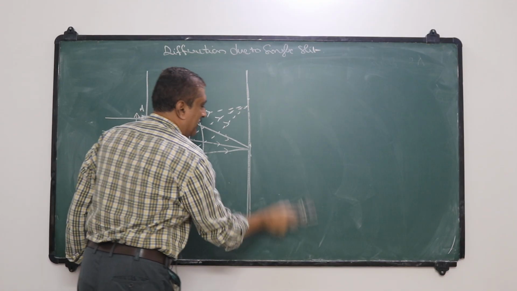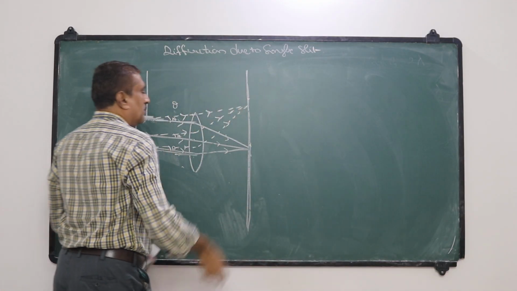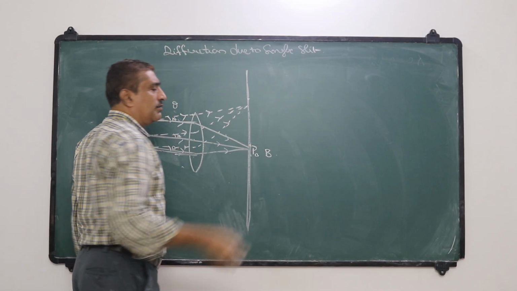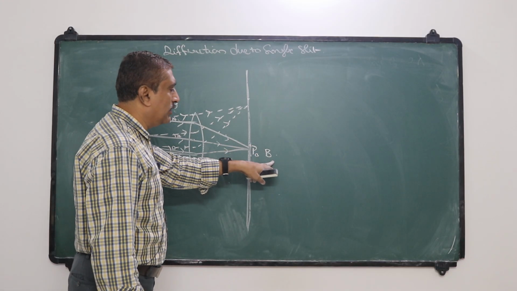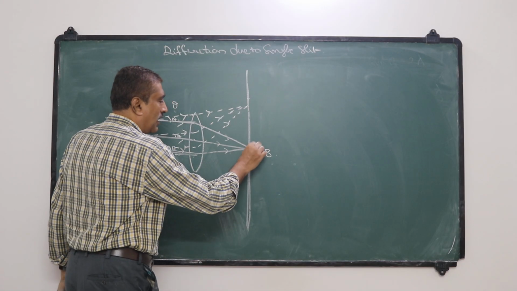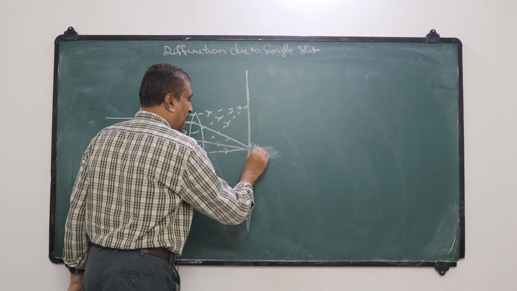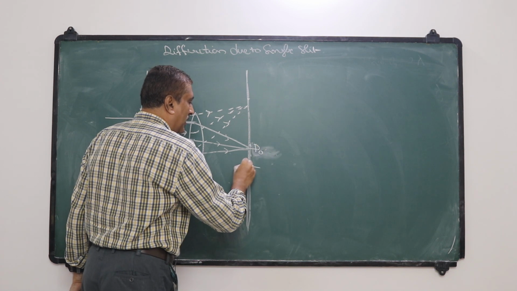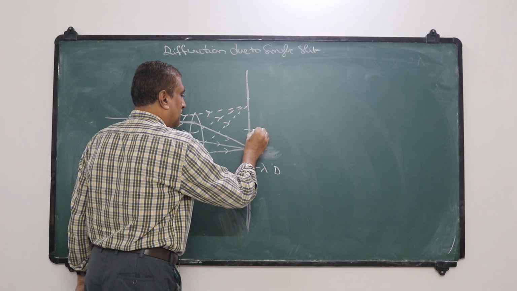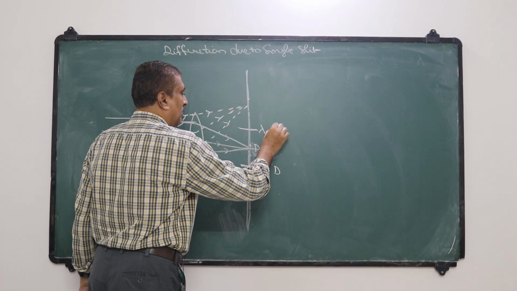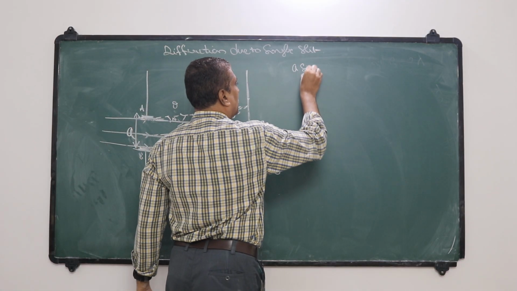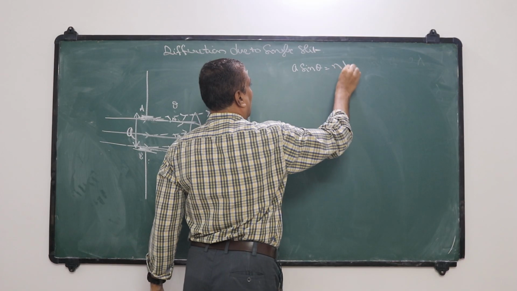Where we get the secondary maxima, let us see. Suppose this is P0, it is a bright band. The condition theta equal to 0 gives a bright band, and that is called the central maximum. Now, after this point P0, at a distance lambda, we get a dark band, and again on this side also, at a distance lambda, we get a dark band, as we have assumed the condition a sin theta is equal to n lambda.